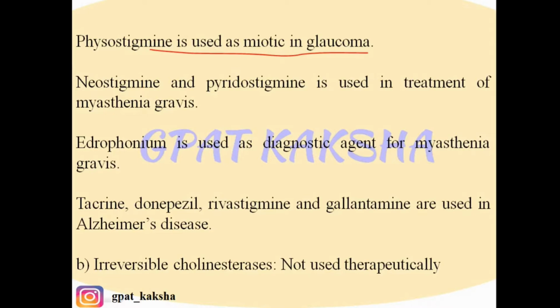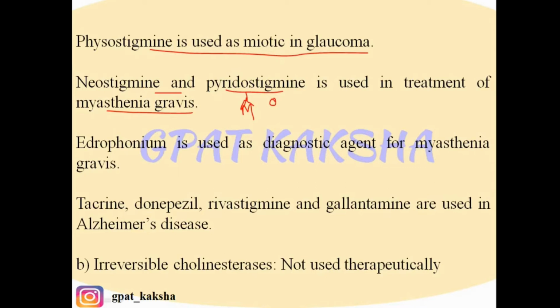Myasthenia gravis is a disease in which antibodies get developed towards the cholinergic receptors. So what happens? At the cholinergic receptors, the antibodies get bound and the receptors are not free to bind the acetylcholine. Thus, this leads to fatigue in muscles or muscle weakness. So, myasthenia gravis is an autoimmune disease in which antibodies get developed towards the cholinergic receptors. In that case, neostigmine and pyridostigmine, which increase the availability of acetylcholine at the receptors, are used in treatment